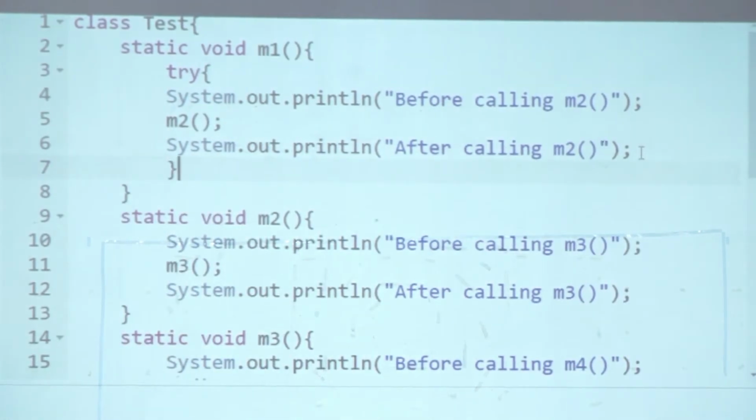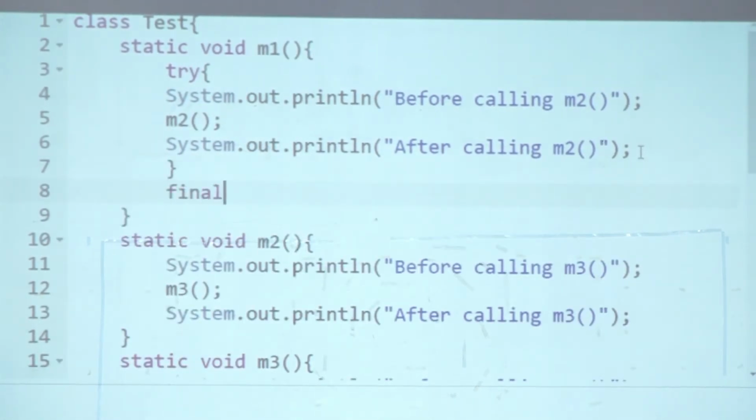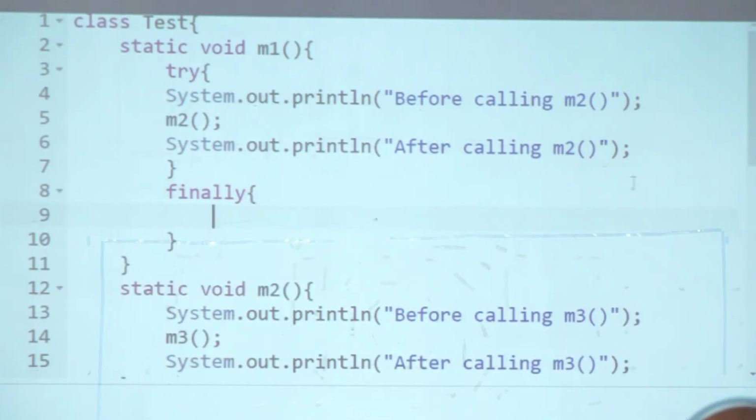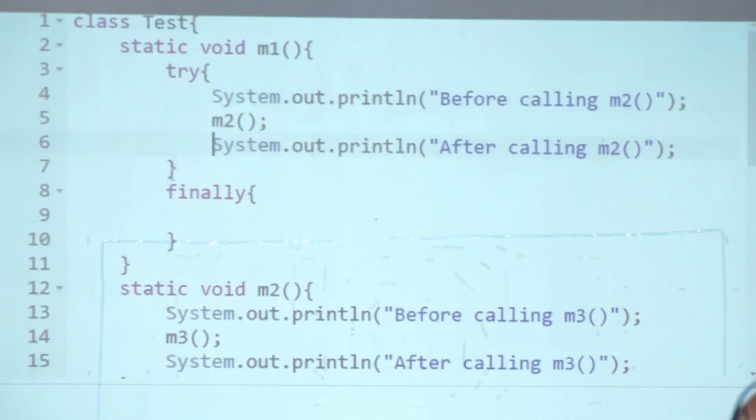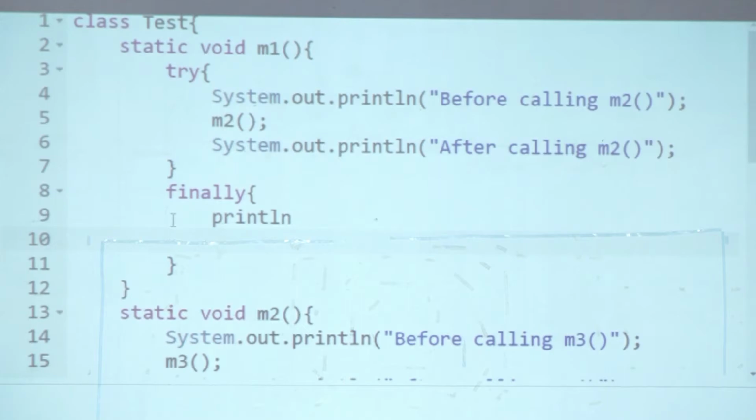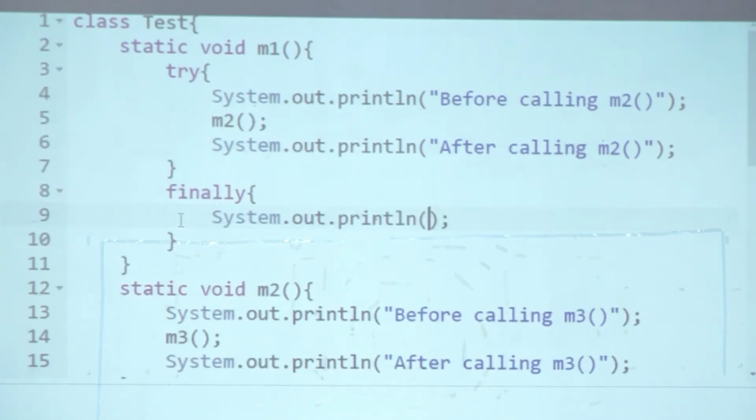And then we'll say finally. Remember, we are not having a catch block intentionally. It's not mandatory to have. Generally, you always will have try catch finally, but it is allowed to have just try and finally. So println, we'll say finally of M1.